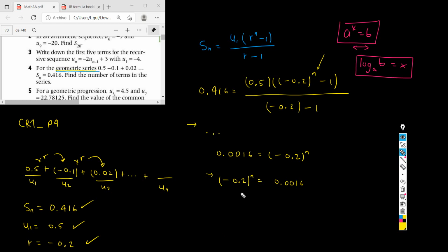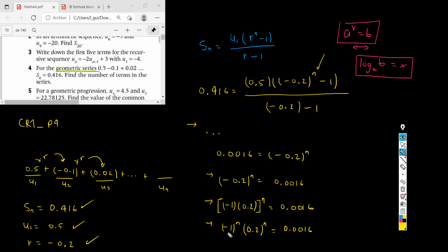I can write this number to the n as minus 1 times 0.2, all of this to the n, and then this is going to be equal to minus 1 to the n times 0.2 to the n, right? Just laws of exponents, equals 0.0016. And then notice, guys, that in here,